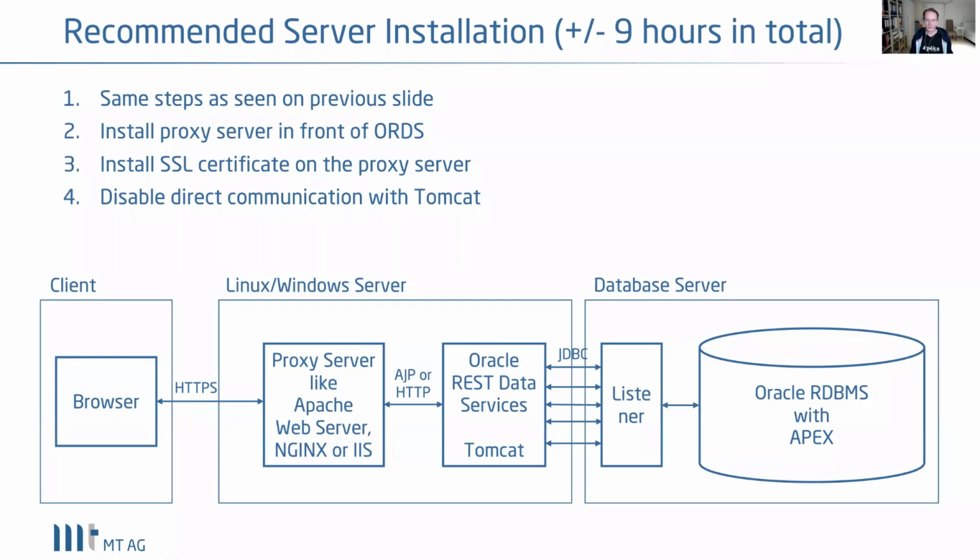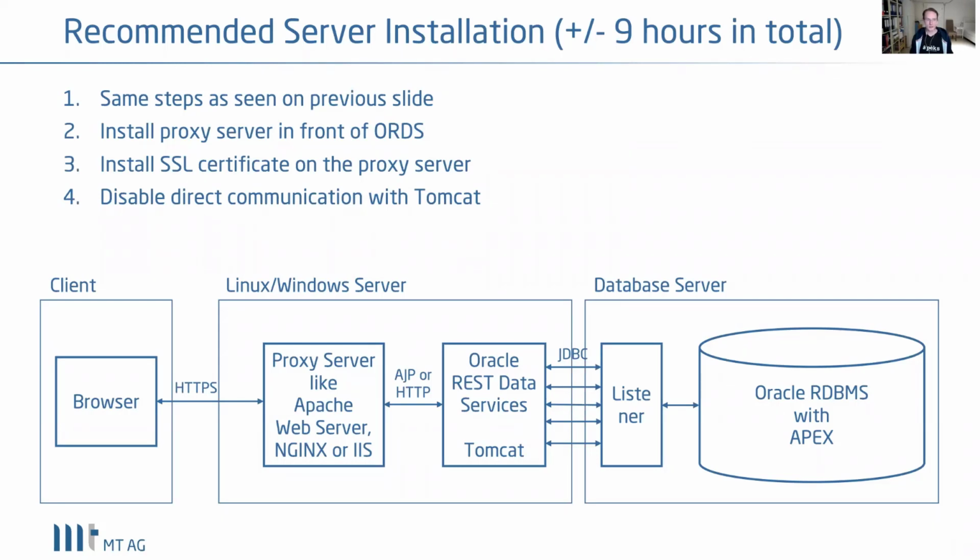So imagine a case where you have to stop Tomcat because you would like to upgrade Tomcat. Then the proxy server is still running, and for requests coming from outside for an Apex page, those users still would get a proper message saying, okay, we're doing maintenance work, and they're not getting a hard error message back. So this is one of the advantages you would have, but you can combine the advantages of both worlds. There are certain advantages that Tomcat has, and there are certain advantages a proxy server has. So you can combine those two.